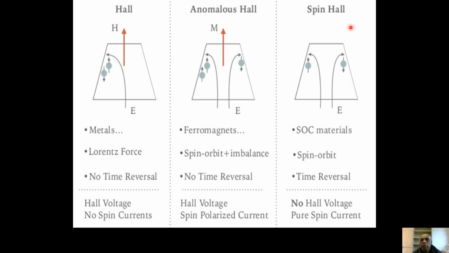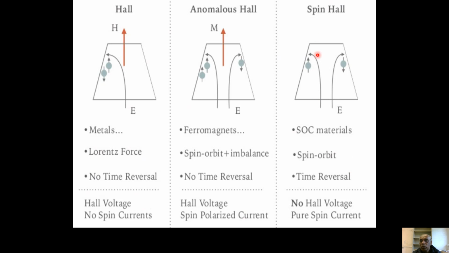So then the spin Hall effect: there is no external magnetic field. It's mostly due to the spin orbit coupling, so this one path is actually influenced by the other spin. That means there's no external electric field. This is happening from spin orbit coupling materials, so it's all coming from the spin orbit. So there's no Lorentz force.